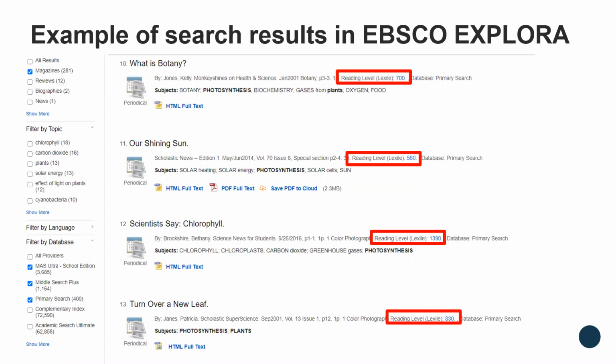Now, within EBSCO Explorer, articles will come back. The HTML full text, all articles will have the HTML full text. Even some articles, the PDF can be saved over to the cloud, but HTML full text, these articles can be moved into Google Classroom and used with that resource. All of these can. HTML full text gives educators the opportunity to assign articles, and there's a read aloud program